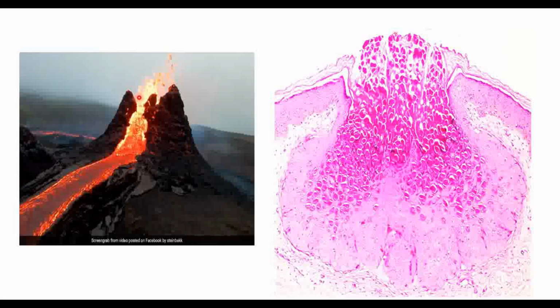So in this image, we are seeing some volcanic eruption. That is something coming out of the earth or the central core of the earth, and it is bursting out of the surface. Similarly, there is something pink material which is bursting out of the epidermis, where you are seeing the basal keratinocytes, precursor layer, and stratum corneum. So there is something pink material bursting out of the epidermis, similar to the volcanic eruption. Hence, that sign is called the volcano sign, and the pink material is nothing but all these viral particles.